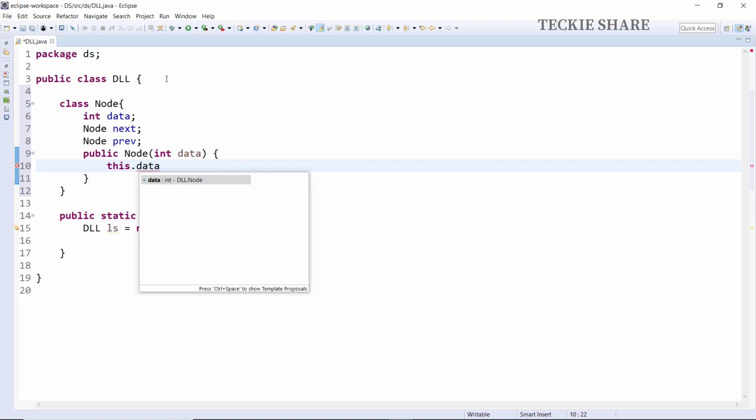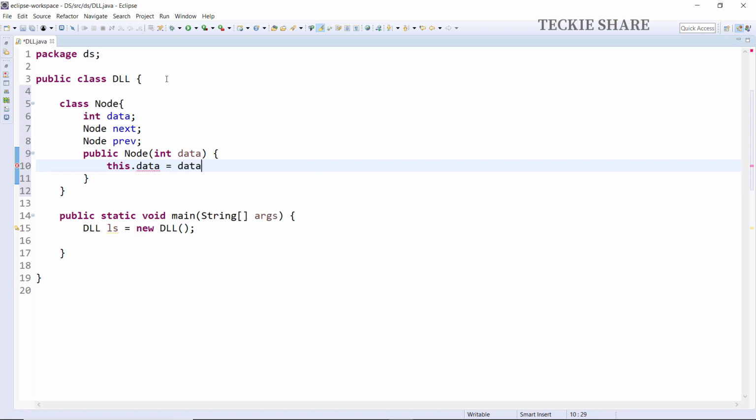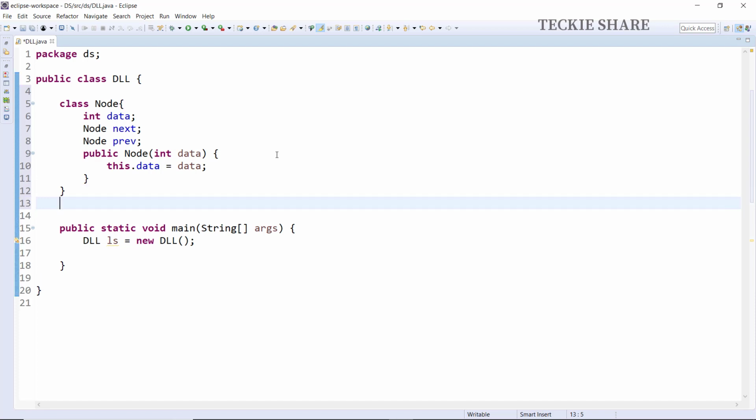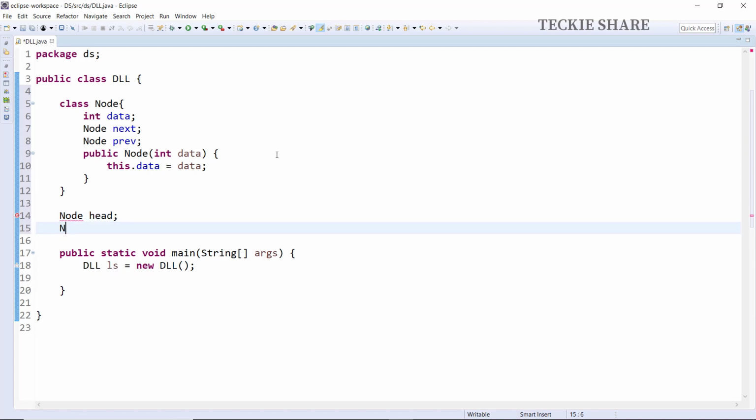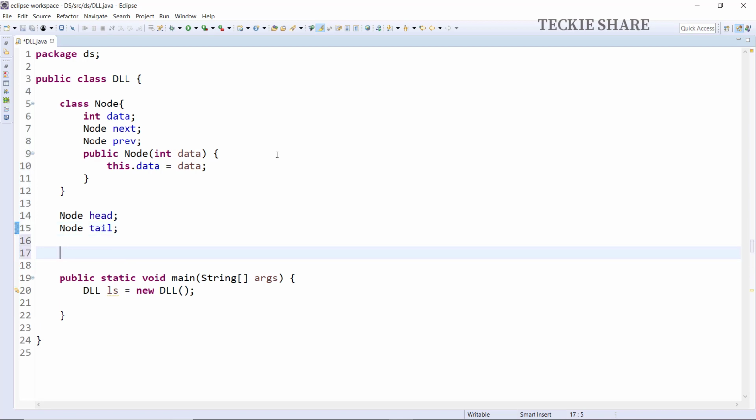Now I am going to insert data into my doubly linked list. Before creating that functionality, I am going to create some fields which are used for performing operations in the doubly linked list. The first one will be the header element. It points to the first element of your doubly linked list, and another one will be the tail element. It will point to the last element of your doubly linked list, and another one will be the size. It will track your doubly linked list size. That's it. As of now, head and tail will be null by default and your size value will be 0 by default. Okay.